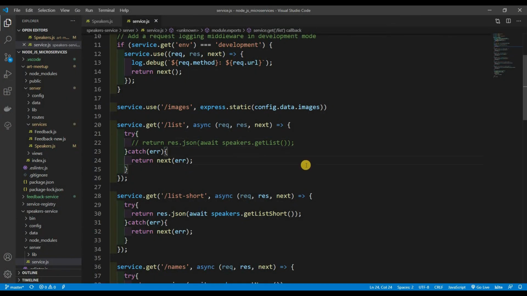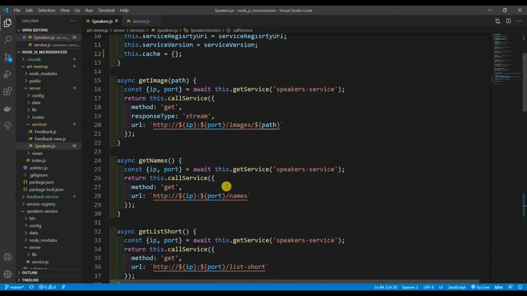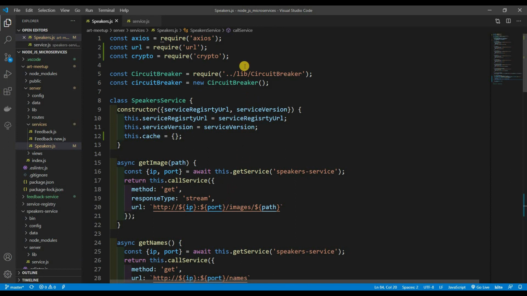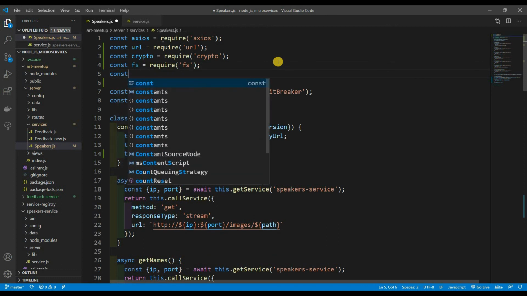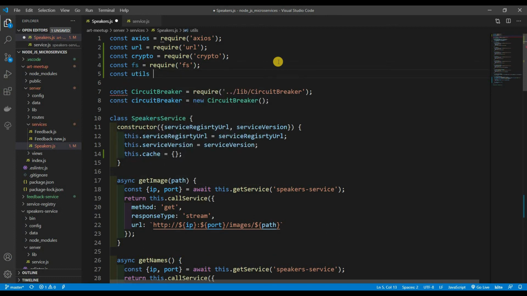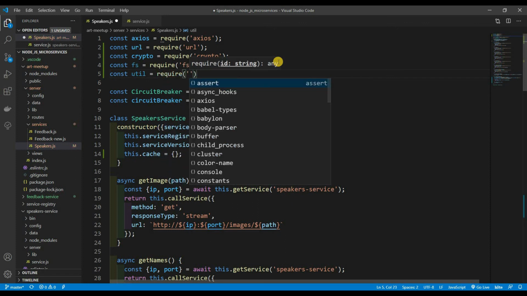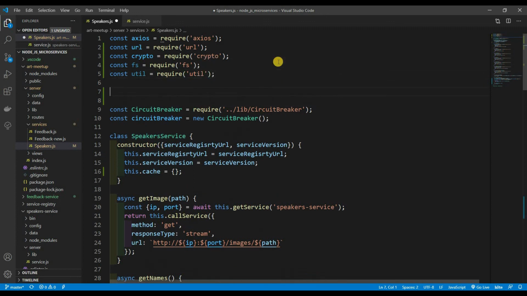our images. So up above, we're going to be using some more built-in modules, because like I said, everything is going to be local. Did I say that? Yeah, we're caching everything local. Anyways, const fs is going to equal require fs, and also we're going to need const util is going to equal require util. I'm just used to saying utils, I don't know why. There we go. And I'm gonna make a const fs